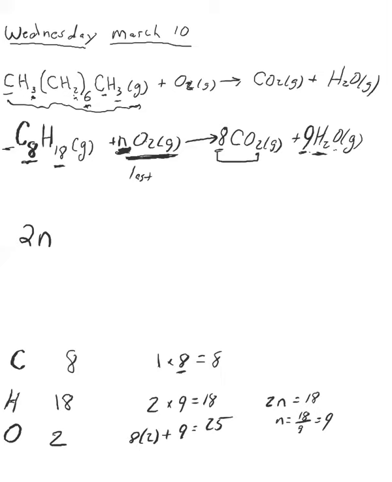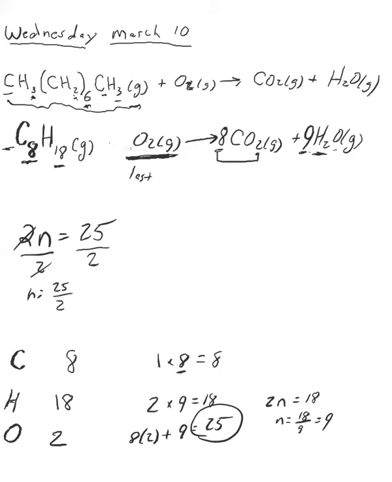That number has to equal what we have on the right side, the product side, which is 25. We've already calculated that. So to figure out what that number is going to be, we just divide both sides by 2. So N is 25 halves. And there you go. So now I've written a bunch of stuff in here, so let me erase that N